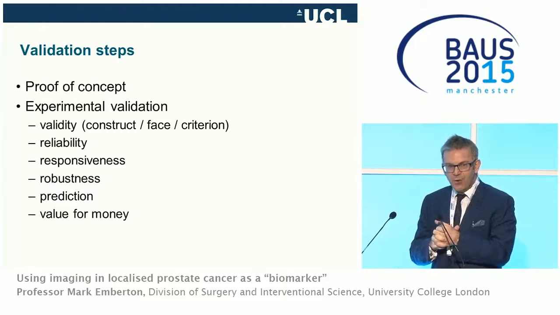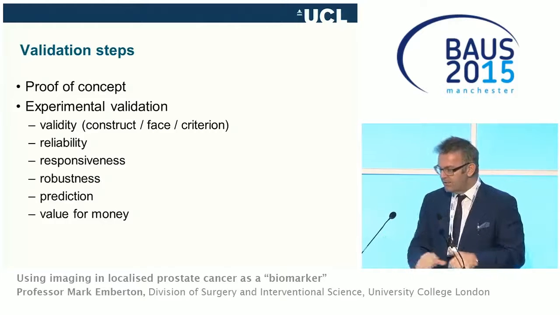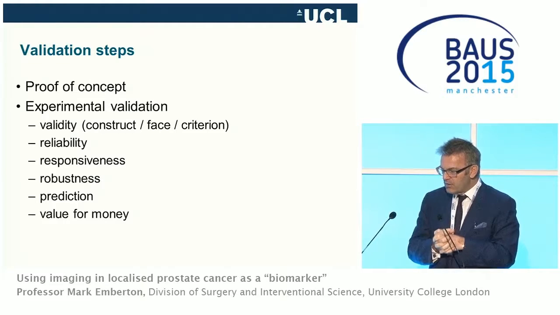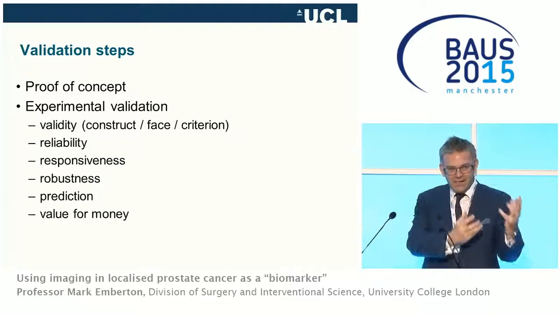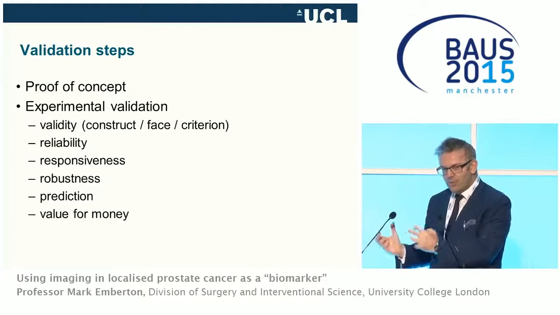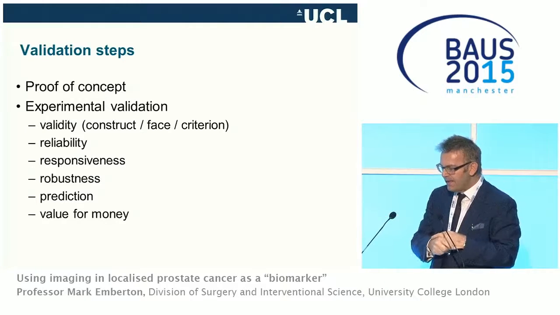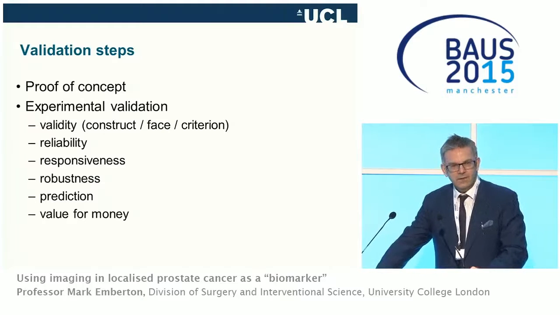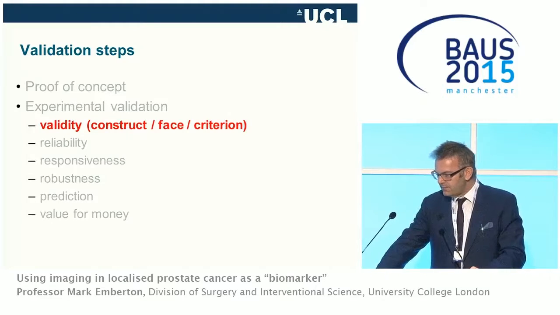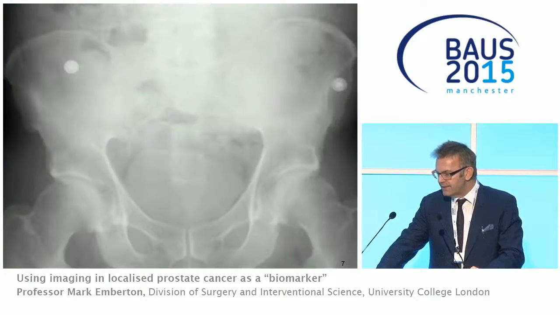If reliability is compromised, validity is always compromised, so you want a test to be reliable when reapplied over stable disease. We want responsiveness, we want it to be robust, so it works as well in one place as in another, or in one population compared to another. And prediction and value for money are the other criteria that we might want to consider. So if we just look at validity first, I think we'll start with our construct and face validity,